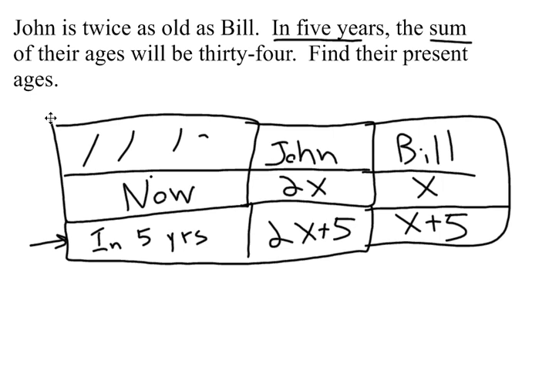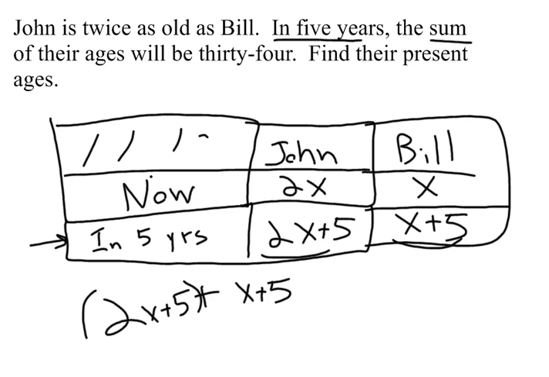The sum of their ages, that means I'm going to be doing some adding, of their ages, so it's that and that, so 2x plus 5 plus x plus 5. There would have been brackets around these, but they don't actually do anything. Is, or will be, in this case, because it's the present, 34. So, now we can collect like terms on the left side here and get 3x, might as well do that right now,